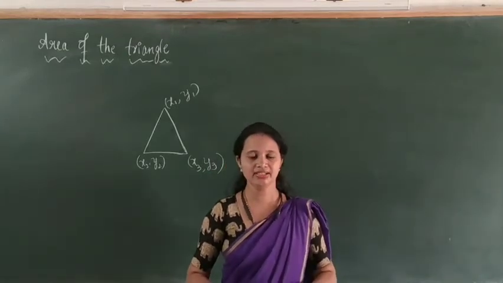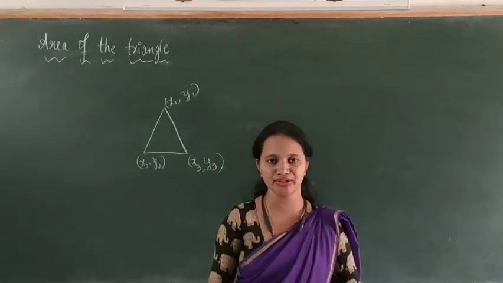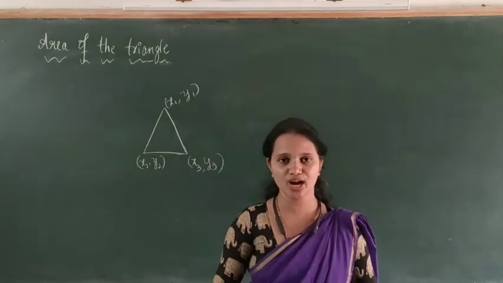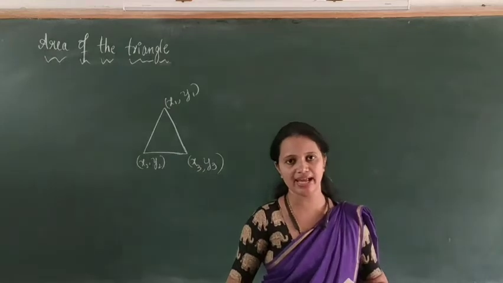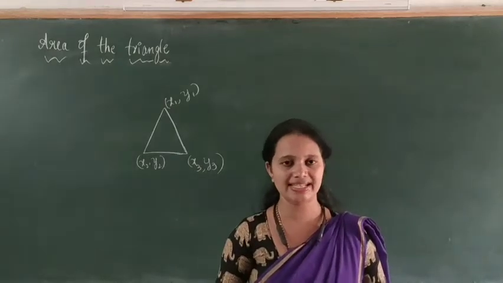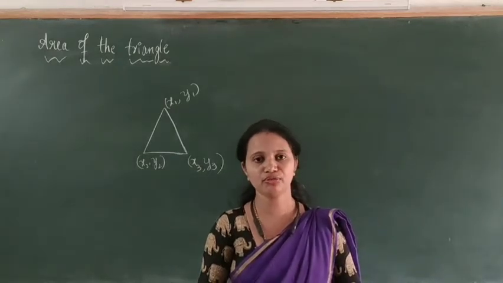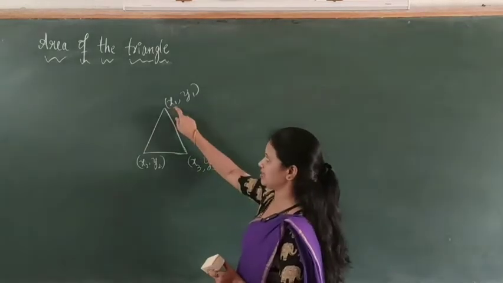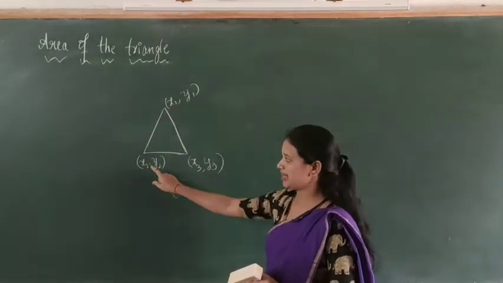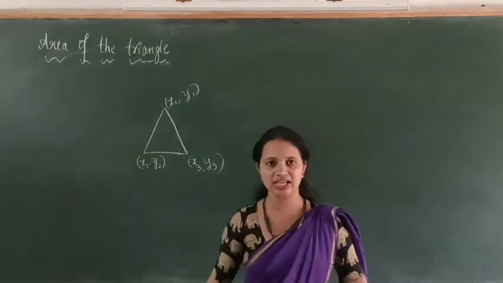Properties of determinant. In today's class we are going to discuss the concept of area of a triangle. You know the general formula to find the area of a triangle: half into base into height. And one more formula you know, if a triangle has three vertices, x1 y1, x2 y2 and x3 y3,